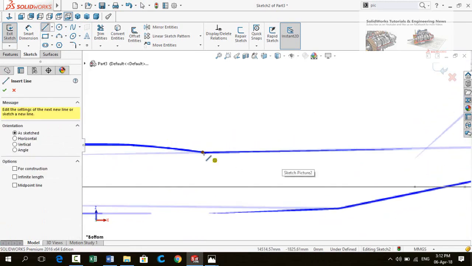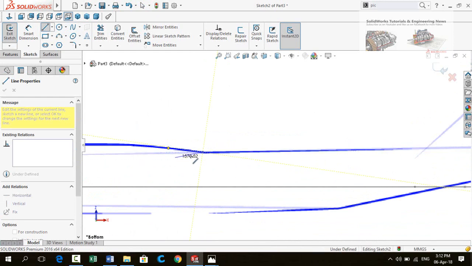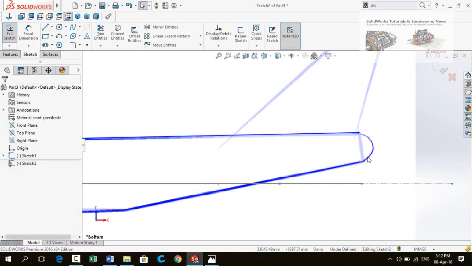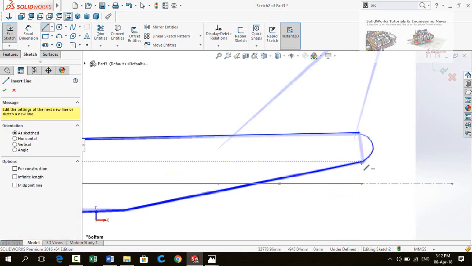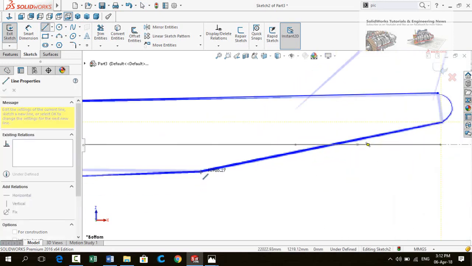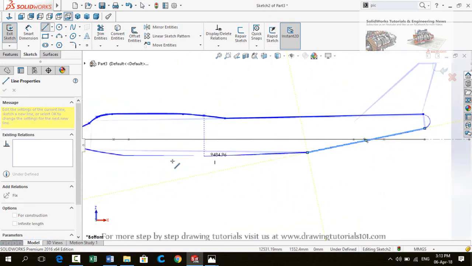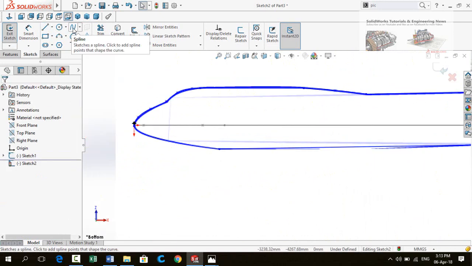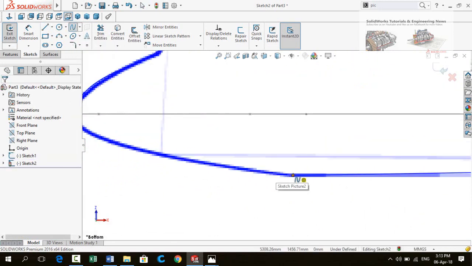And once again line and start it from this point up to this point. One more line started from this point. Now select spline again and start it from this point.